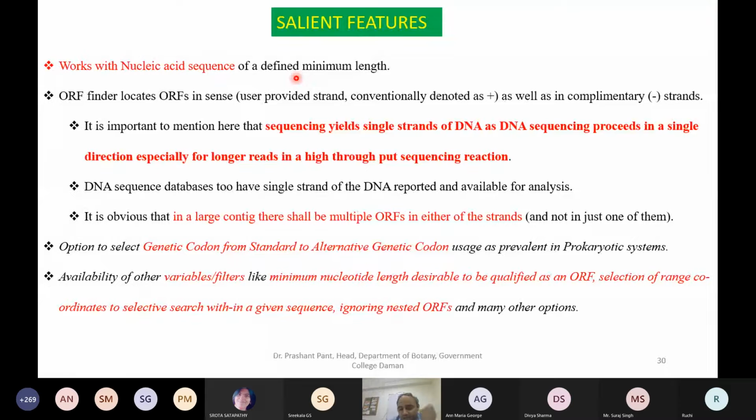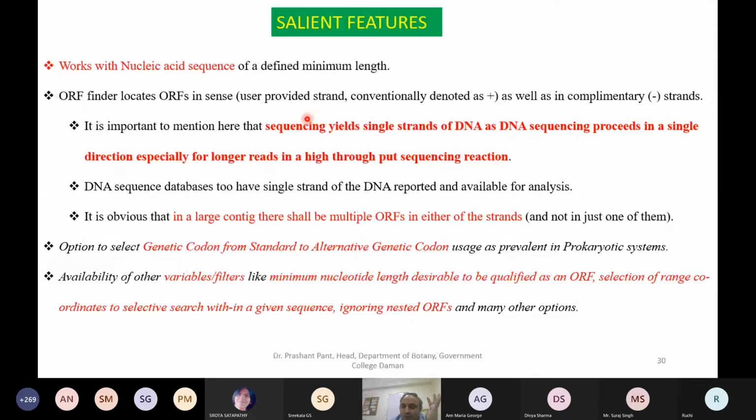Now, what is sense? When you're doing DNA sequencing, it's very important, especially for those who are doing BSc. These terms, sense and antisense, sense and complementary, are extremely volatile. They don't have a strict meaning. They are very relative, very subjective things.